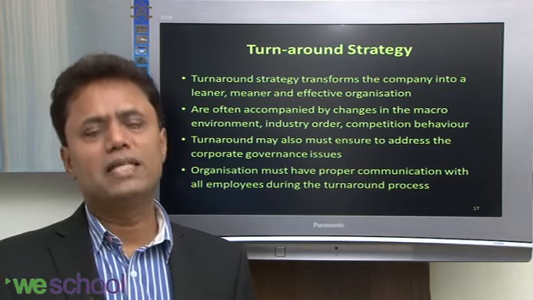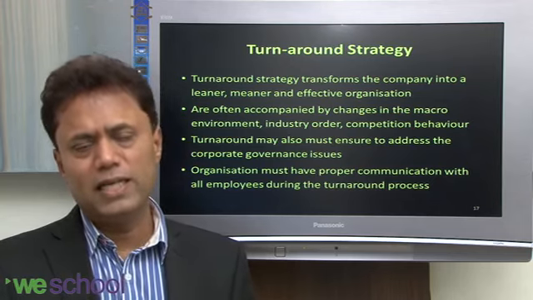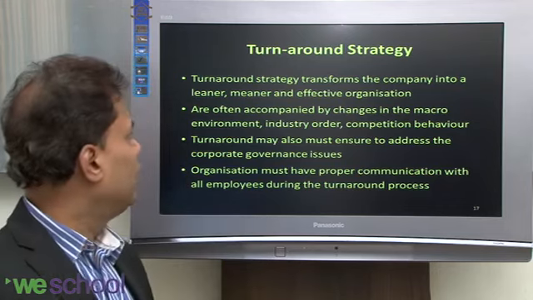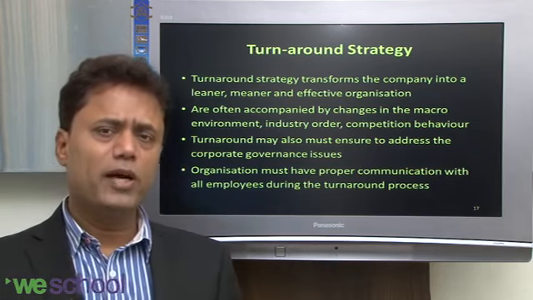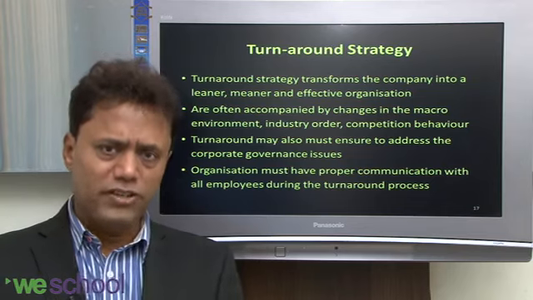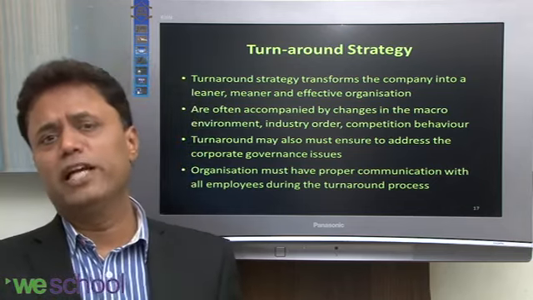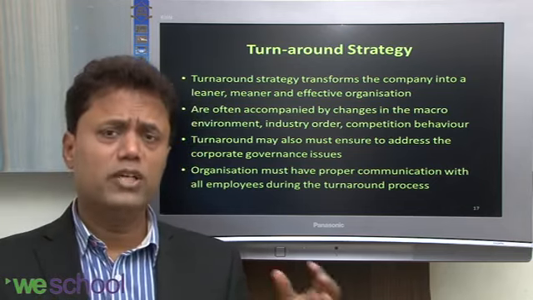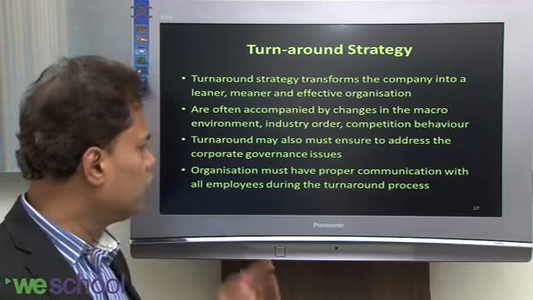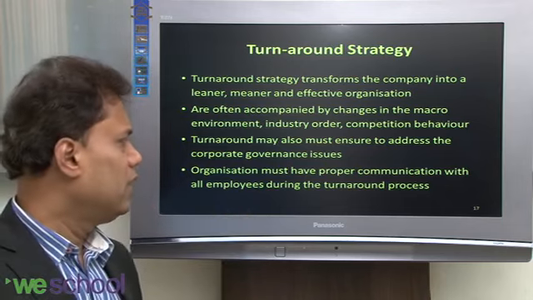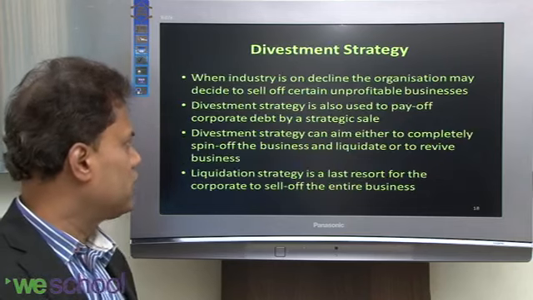So you have to have a clear strategy of making it a very nimble-footed, agile, responsive, simple, leaner, meaner organization. And you have to communicate to each and every employee: this is what our vision is, this is what our strategy is, and you need to cooperate. In the process, you may have to lay off some employees also. You may have to cut down your ecosystem. You may want to reduce costs and various operational issues. So you have to clearly articulate your intent through proper communication to all the employees.